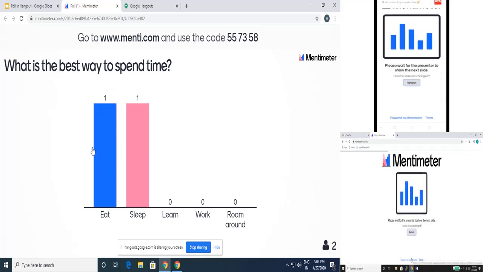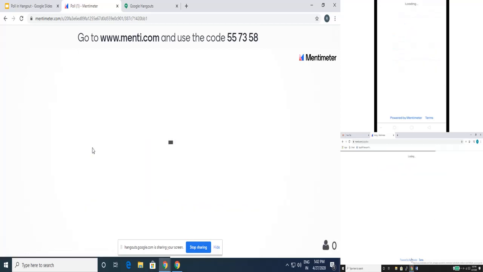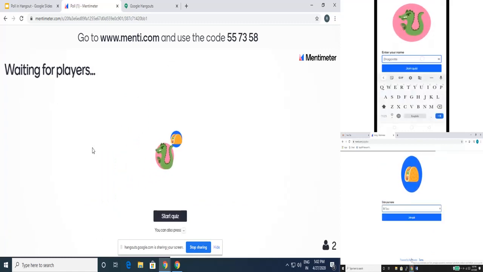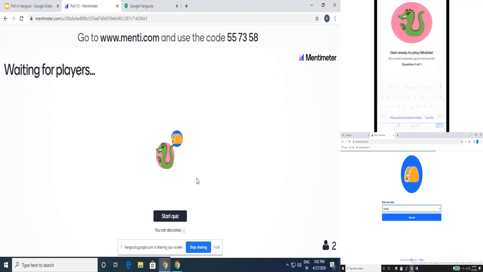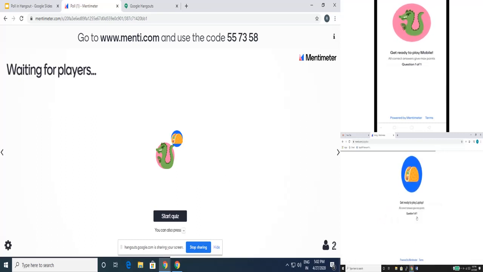Okay, so that particular this is done. So we move on to the next question. So when we move on to next question, now in this case it will ask for the name. Okay, so I give the name, whatever is my name, I just give it there. So you can see that we can add as many number of members as required. So we will add those people. So once they have added their name, they click on join quiz. So you can see there are 2 players are already added.